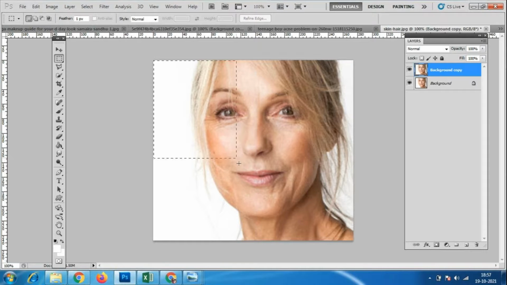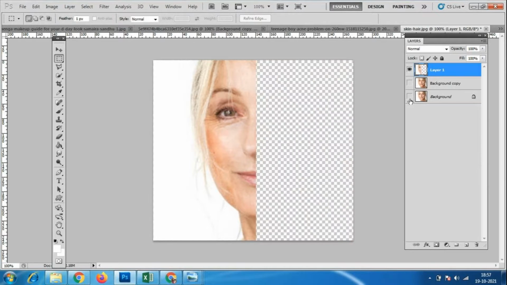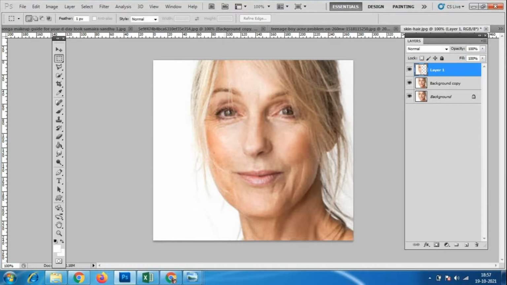So like that you can do the changes. Half of the face, Control J, I have cut only this much area, and only this area we have to change now.